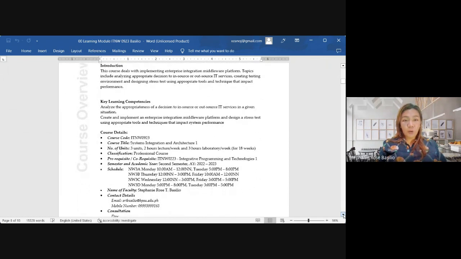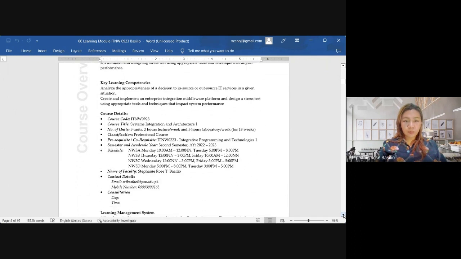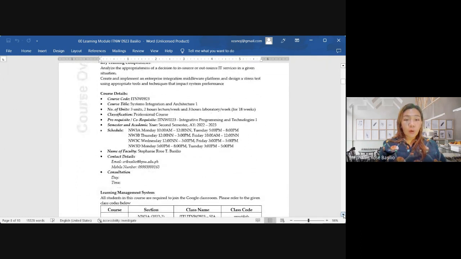Our key learning competencies are to analyze the appropriateness of a decision to insource or outsource IT services in a given situation, create and implement an enterprise integration middleware platform, and design a stress test using appropriate tools and techniques that impact system performance. Here are our course details,